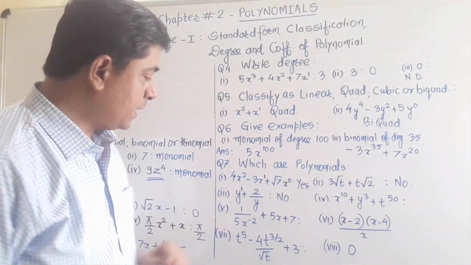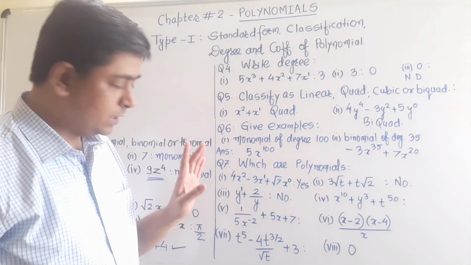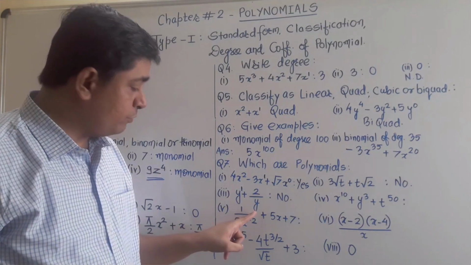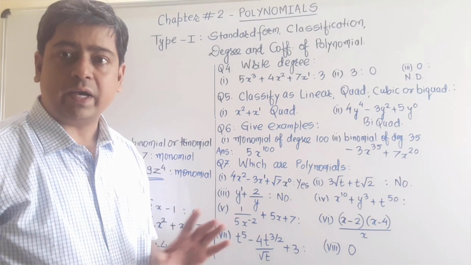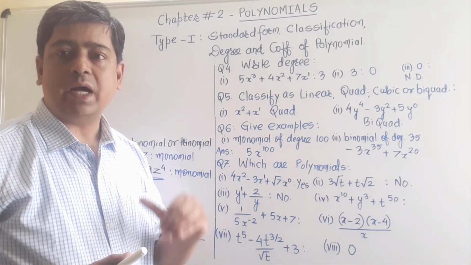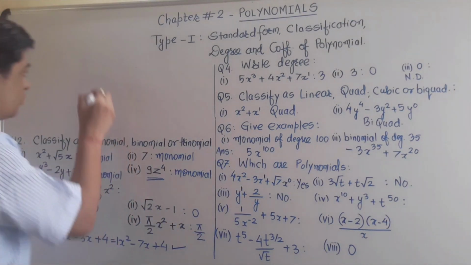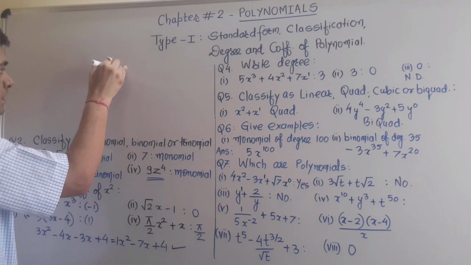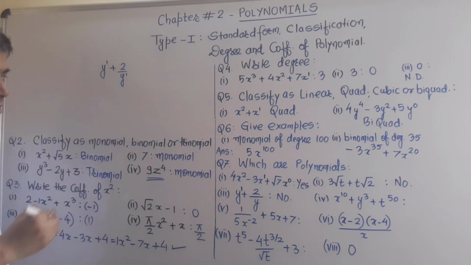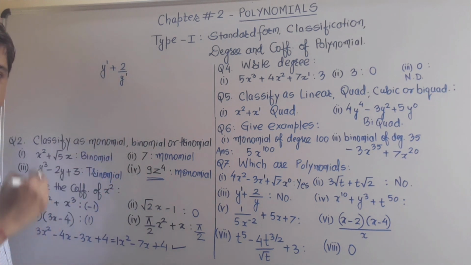In part number 3, you observe the power of variable y, I can assume here 1, and as I told you earlier, we cannot take the power of a variable at the place of denominator. If any term is given at the place of denominator, first of all we bring it to the place of numerator, then we can judge its power. So here see, y to the power 1 I am writing as it is, plus 2 upon y is given, its power is 1 actually.